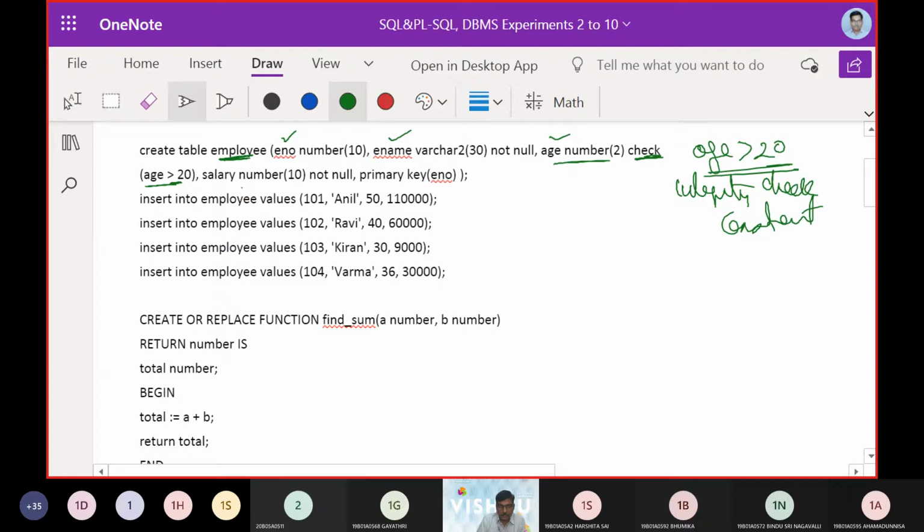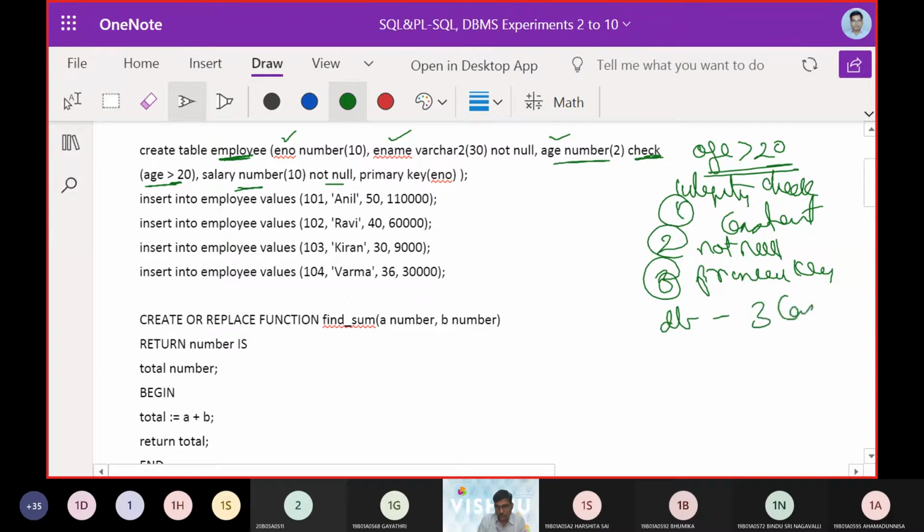And salary should be not null, which is again one more constraint, and again we are going to have the primary key. So in total, on the table we have 3 constraints at this point of time. The primary key is assumed here as the employee number.